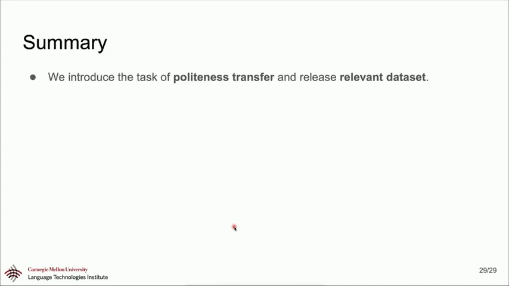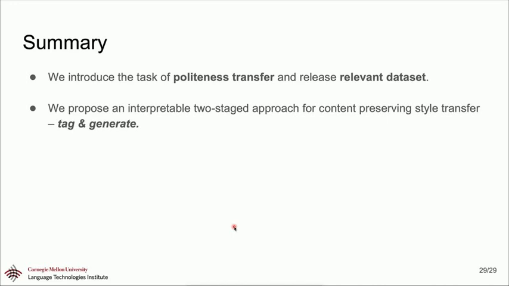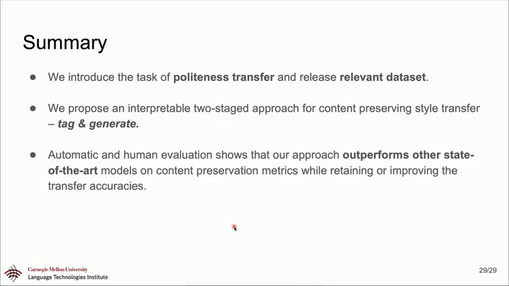In summary, we introduce the task of politeness transfer, and we release a dataset to promote further research on this topic. We propose a two-stage approach, tag and generate, that can perform interpretable style transfer. Both automatic and human evaluation shows that our system outperforms all the baselines on